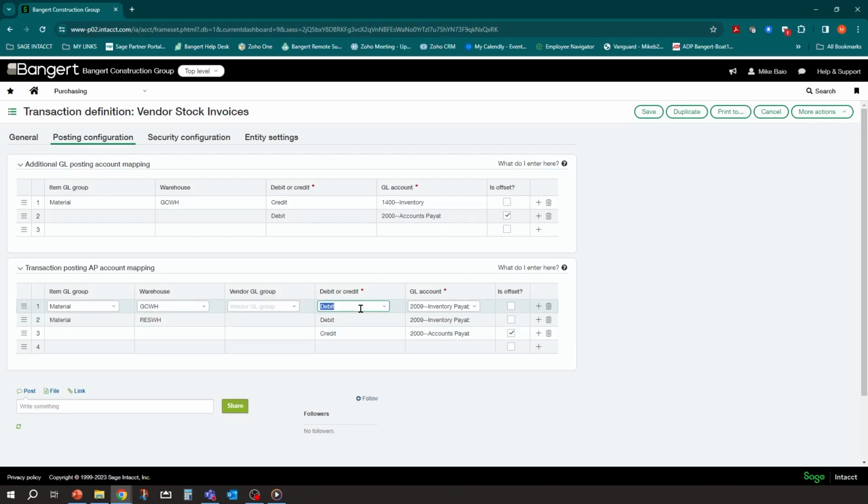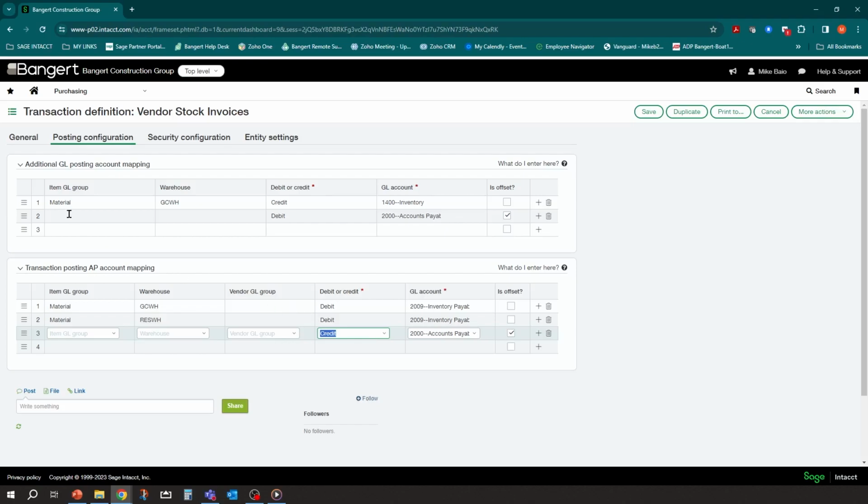If you don't have a receiving function and you want to go right from purchase order to accounts payable bill, and that's when you want to get it into inventory, well, then you would bypass that payable step here. But again, you need every GL group for every item set up in here, or you'll get an error that it's not set up. So this would be your normal accrual entry. It's going to come out of inventory payable and go into accounts payable and then post over to AP bill.